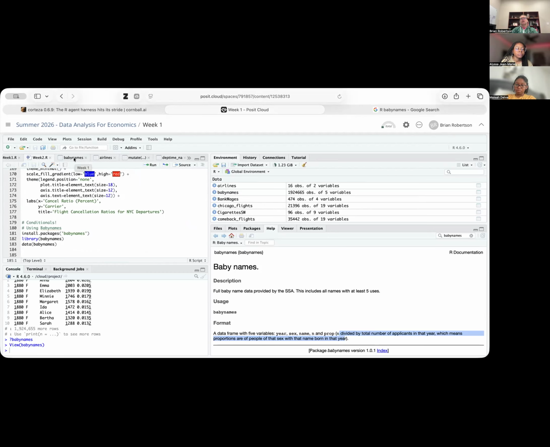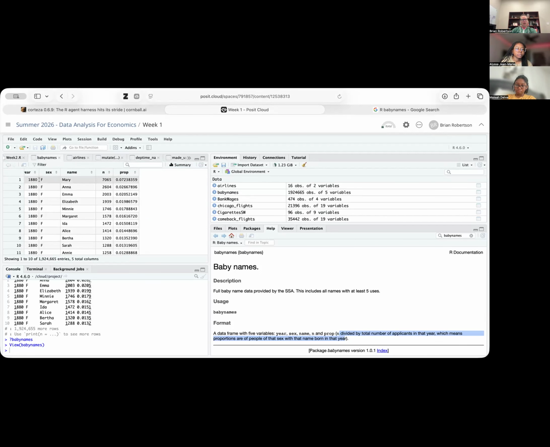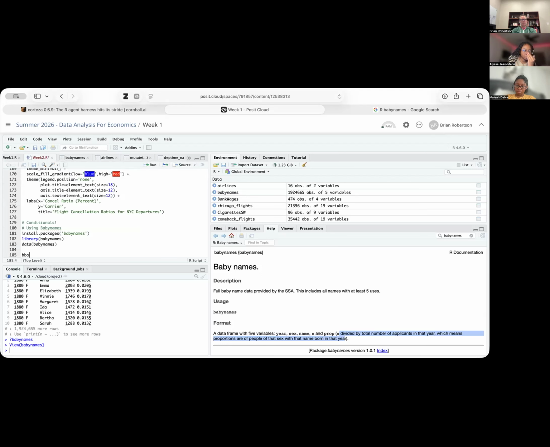These are just simple calculations you can do on the data to make sure that things are kosher. So, according to this data, these proportions are n divided by the total number for that year for that sex. So the way I would check that is